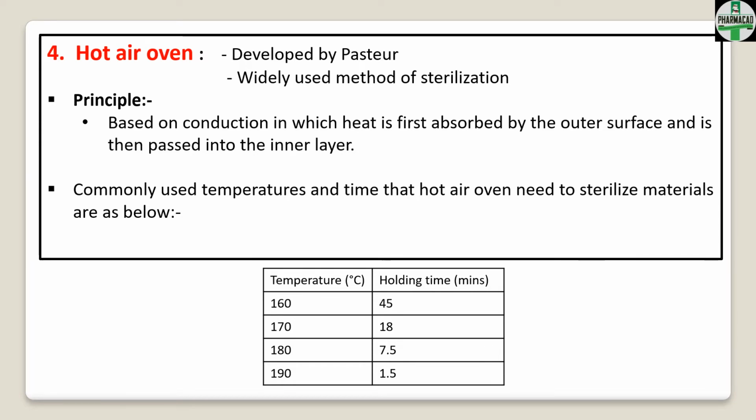So conduction is a process by which heat is transmitted through the material from the hotter surface to the cold surface. Fine. So see, this hot air oven uses extremely high temperatures over several hours to destroy microorganisms and bacterial spores. So the oven uses the conduction process to sterilize an item by heating the outside surface of the item, which then absorbs the heat and moves it towards the center of the item.